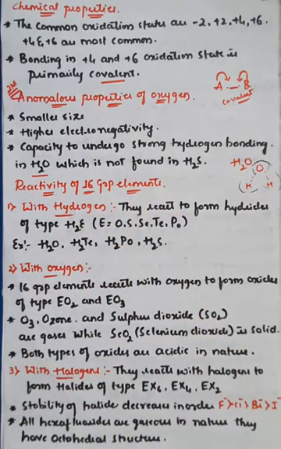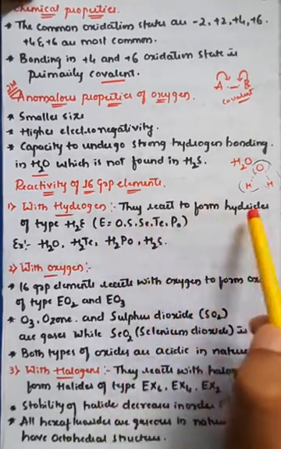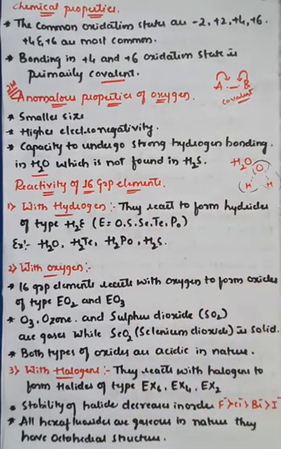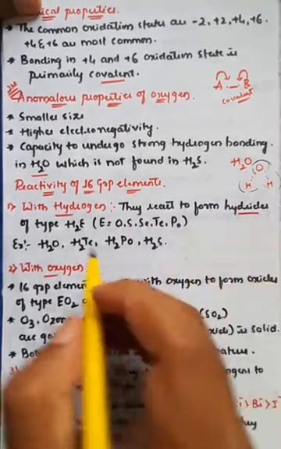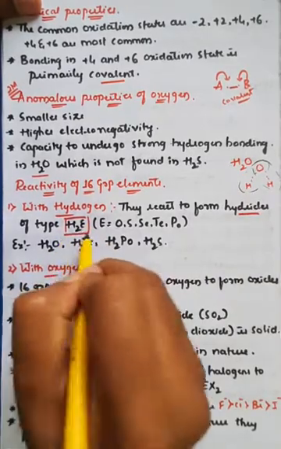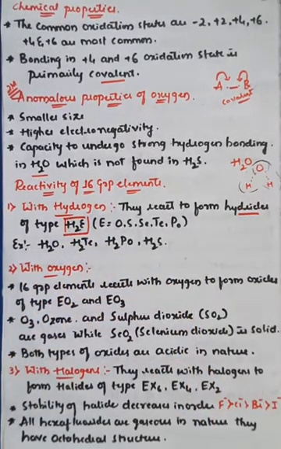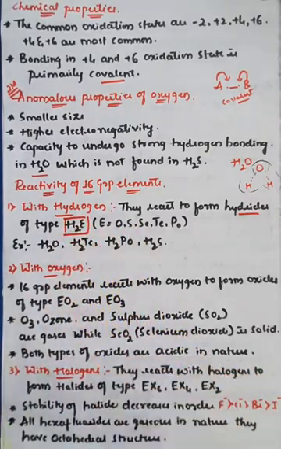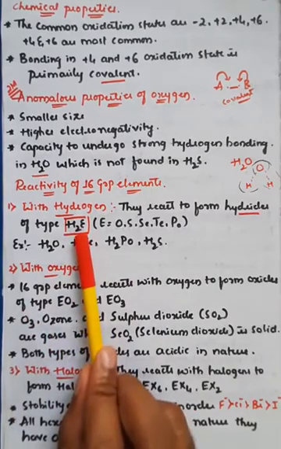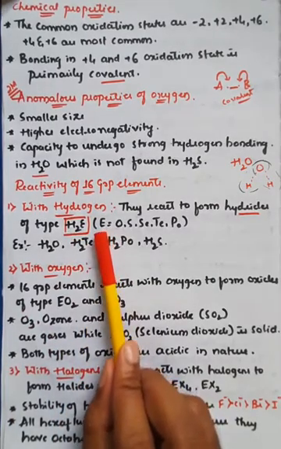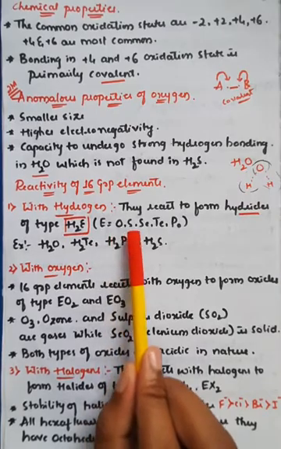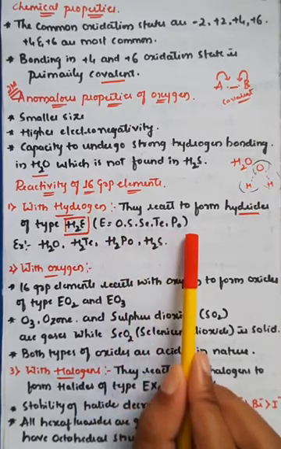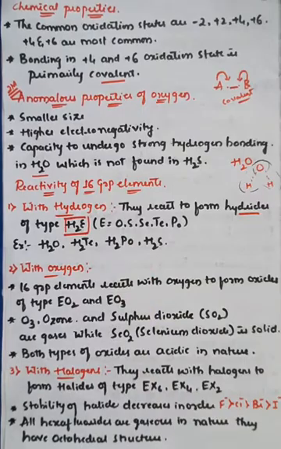In the reactivity of group 16 elements, the first reaction is the reaction with hydrogen. Whenever the group 16 elements react with hydrogen, they convert into hydrides of the form H2E. H2 means they are in the form of dihydrides, so 2 hydrogens can be bonded with oxygen, selenium and so on. Here E represents the group 16 element, which may be oxygen, sulfur, selenium, tellurium or polonium. Therefore they are generally in the form of dihydrides.